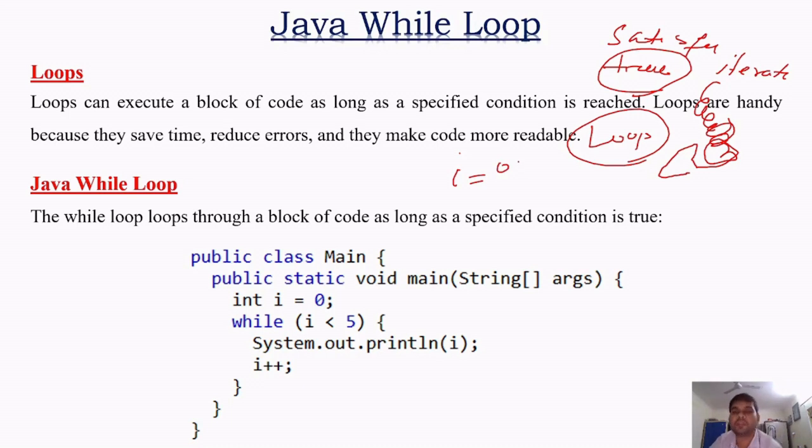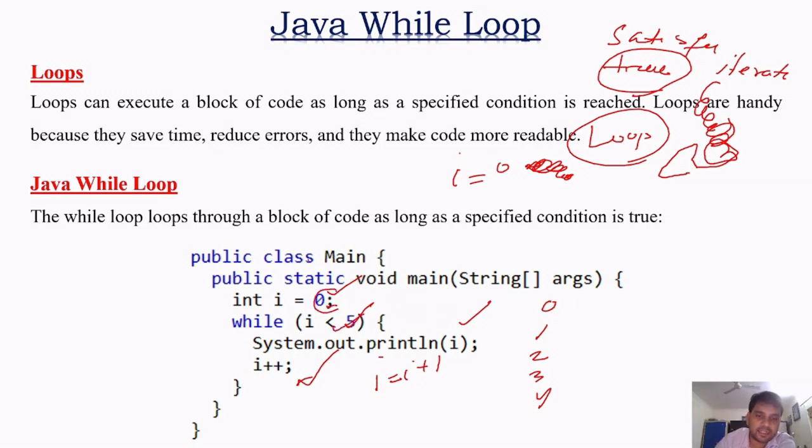हम लोग जो condition दे रहे हैं, जब तक वो satisfy नहीं हो जाता, loops will go on iterating or executing the line of codes। So we'll see an example. Integer i is equal to 0, while i is less than 5, system.out.println(i++), i++ का मतलब यहाँ पे है i is equal to i plus 1। सो आउटपुट क्या आएगा, 0 1 2 3 4, इट इज लेस देन 5 and i is starting from 0, so आउटपुट आएगा 0 1 2 3 4।